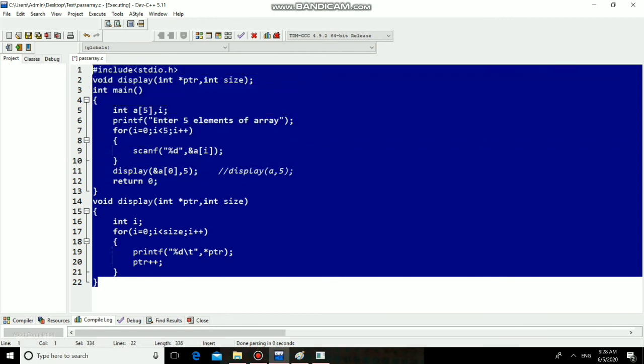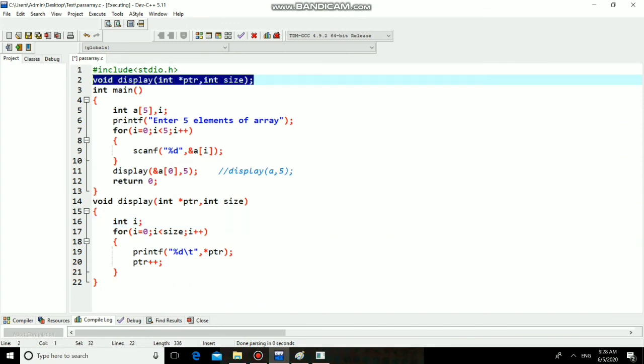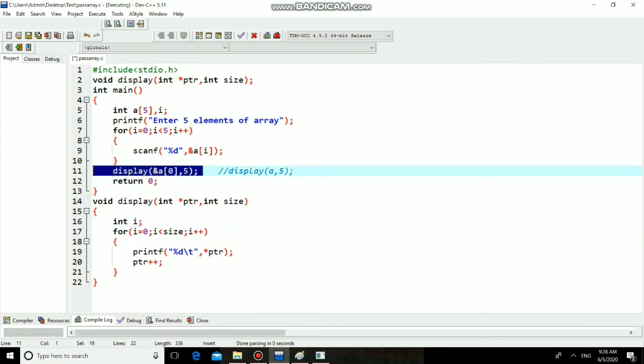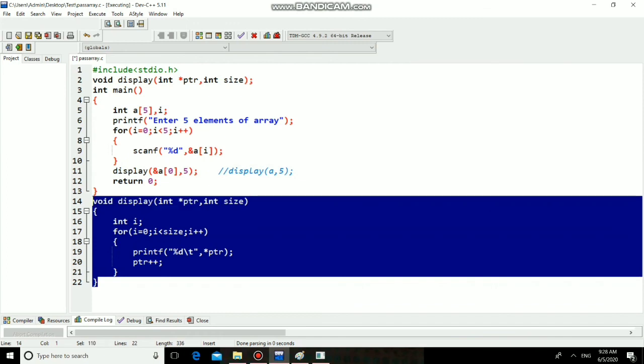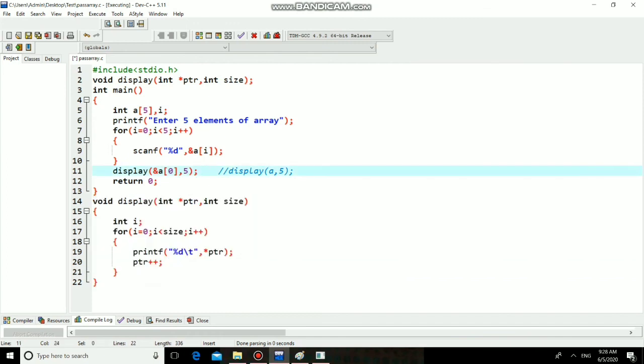And this is the program for passing the entire array to a function. See, this is the function declaration, this is the function call, and this is the function definition. Now see, the actual parameters are here: the actual parameter is an address, and this is an integer value, simply the size of the array. These are the formal parameters: ptr, where the formal parameter is a pointer, and here the formal parameter is a simple integer variable, getting?